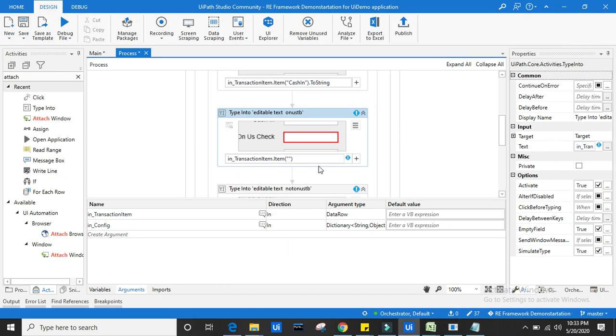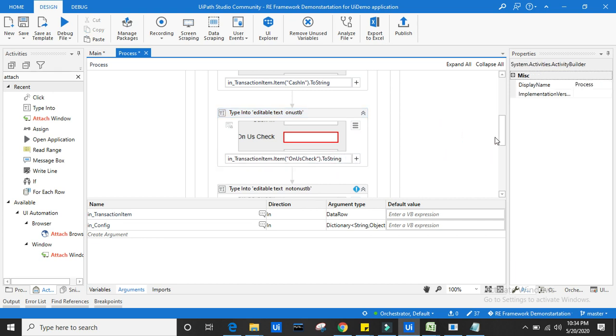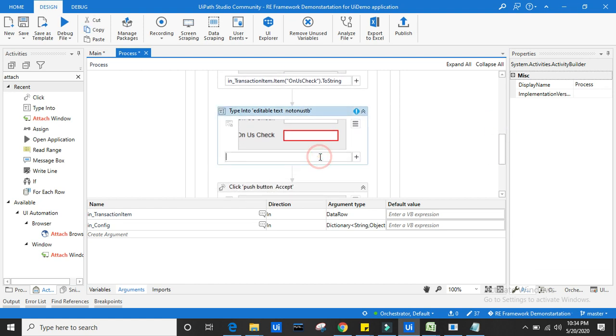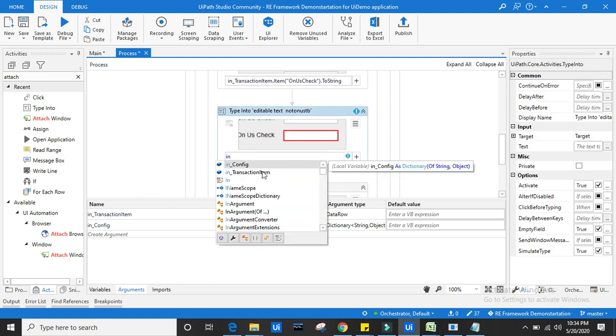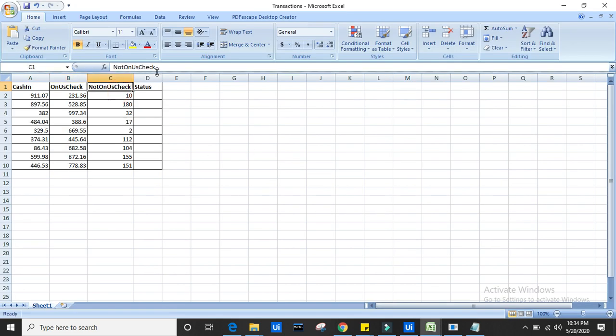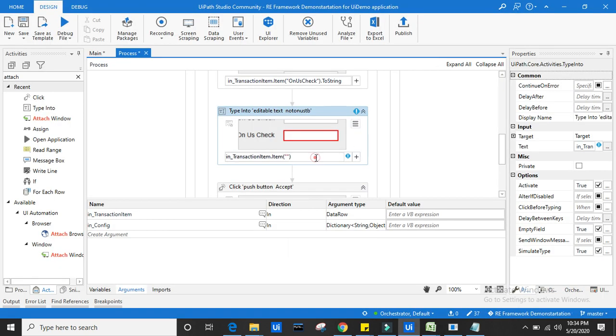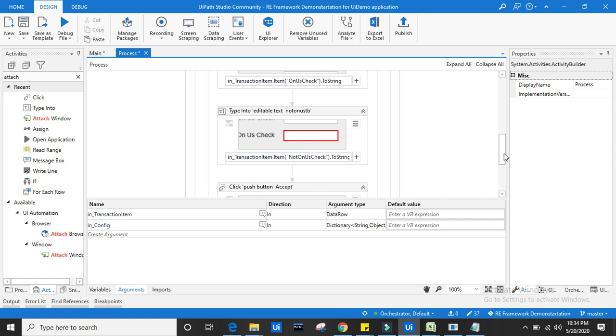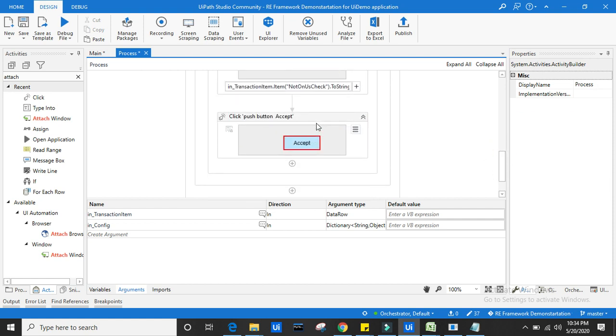Okay, so next thing I want in_transaction item dot item of not on US check, control V, dot to string, right? Fine. So here we don't need any argument because this is just a click type.